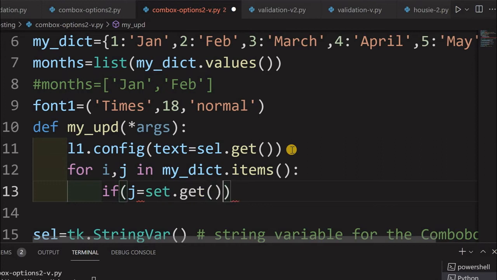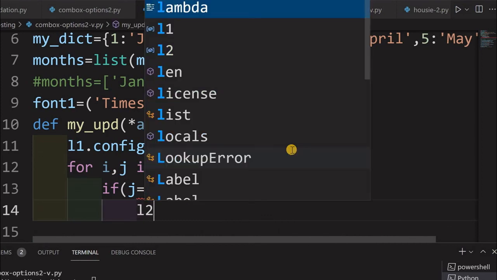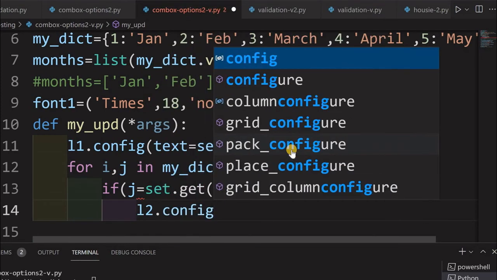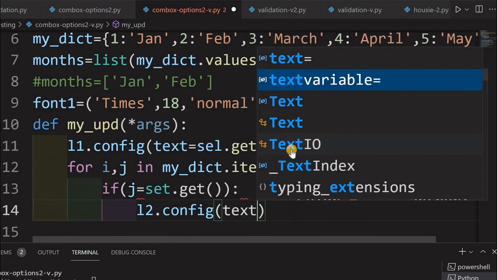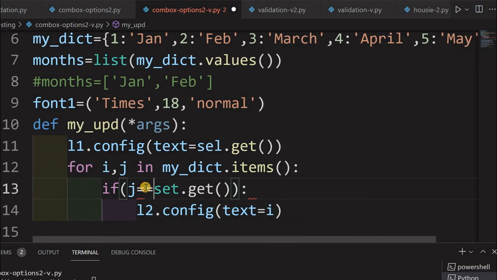So if that matches, then pick up that i, or pick up that key. So for that I am giving here one more L2.config, text equal to i. Hope you got this point. Sorry, here I had to give two equal signs because it's a comparison operator. Okay, so hope you got this point clear.